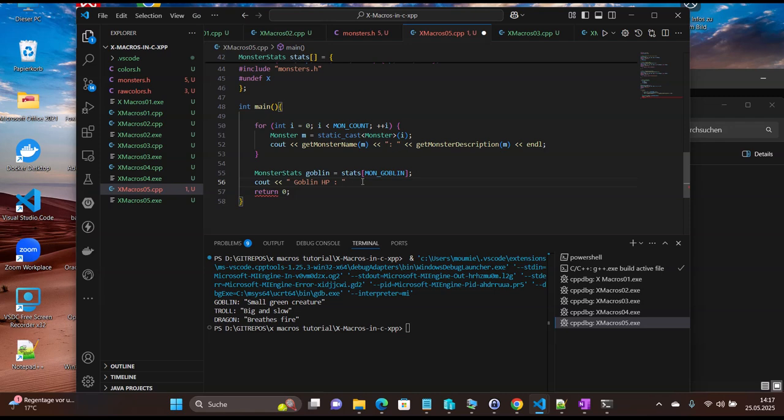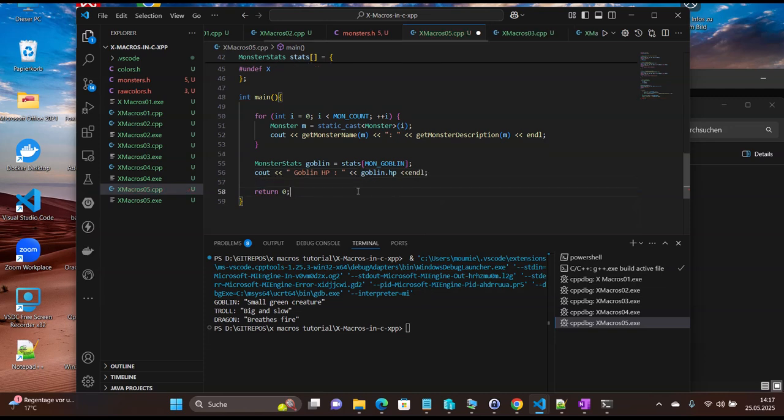Will be this one. Will be goblin HP, and offline this way. So here is our code now, and then if we run it,